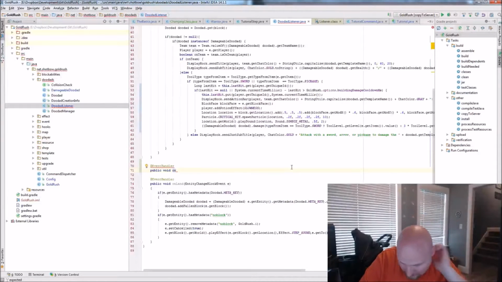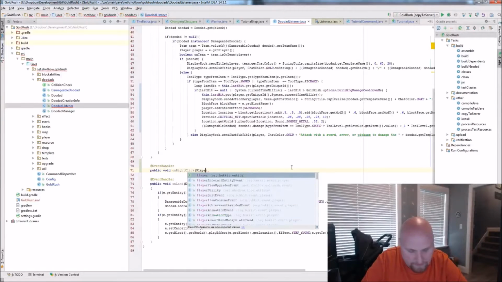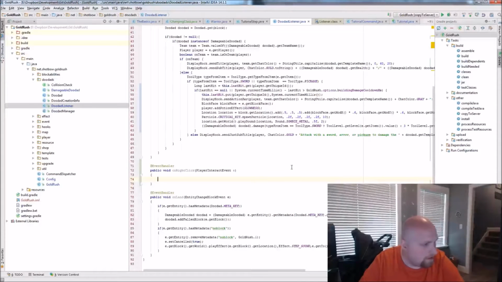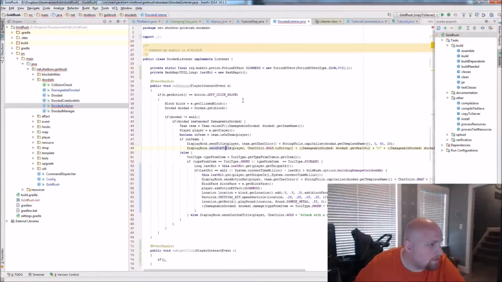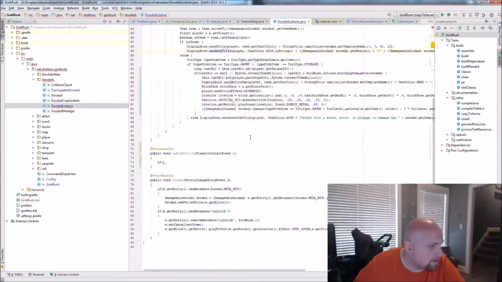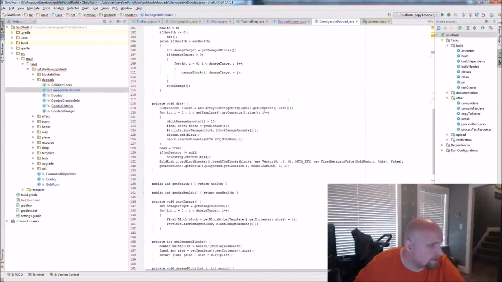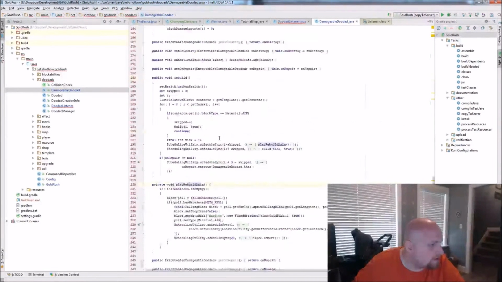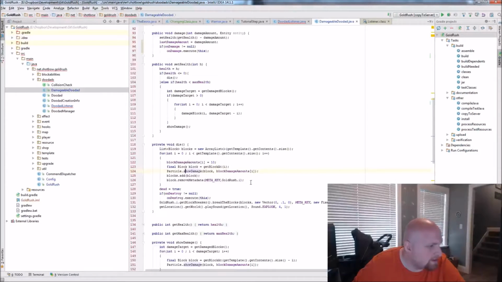So in here, I'm doing an event handler. I want to do on right click, PlayerInteractEvent e. I can go if, so I want to do, what do I do for my left click, the fallen blocks of the doodad. So we're going to go into this damageable doodad, which has a lot of non-existing, let's see here, where's the die method? Die, there it is, okay.